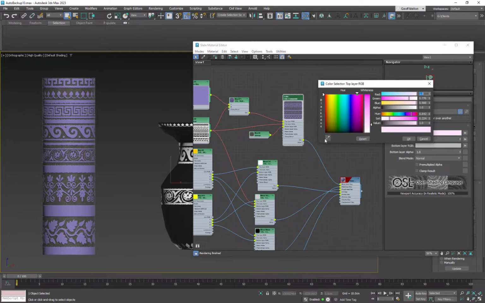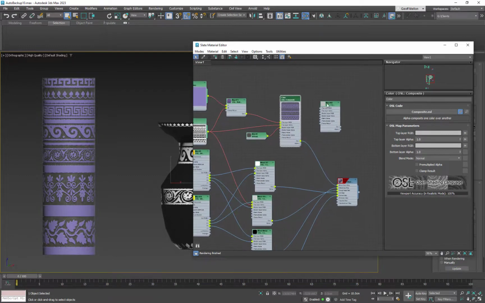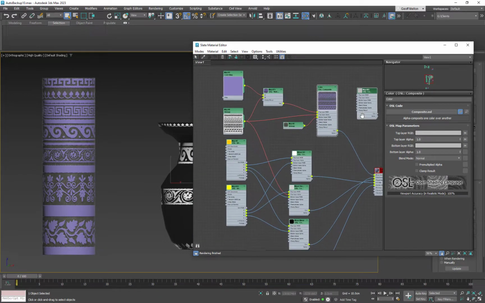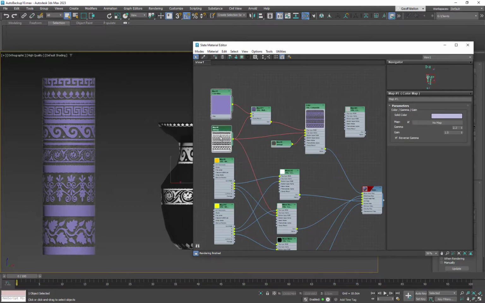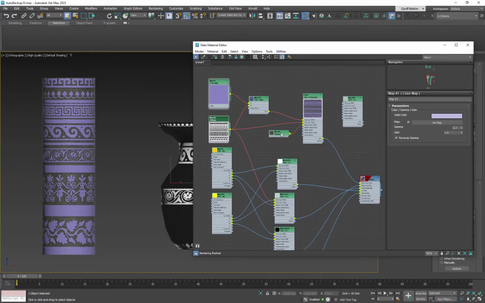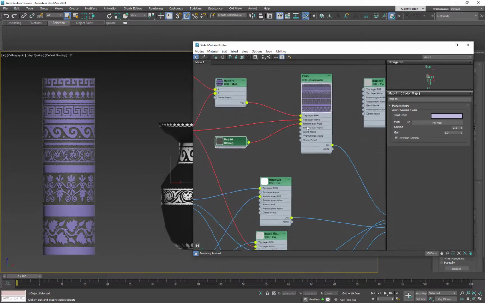Max doesn't have hexadecimal color sets. Okay, so now I basically have one texture going in, my alpha that I use to make my extrusions inside of ZBrush and then bake, and then that stone texture we made in Painter. So I've got these two coming together to make another one, and then them going together to this composite where it's going to put this one on top of this one underneath it because it's the bottom layer,